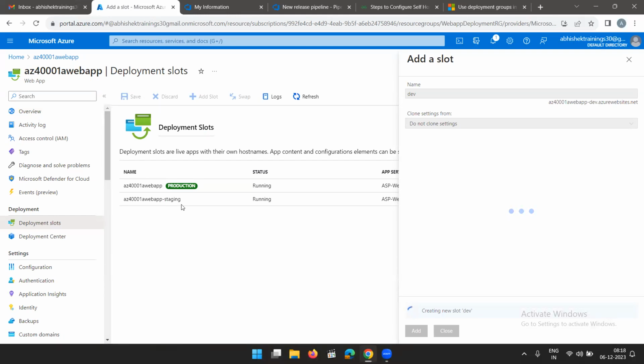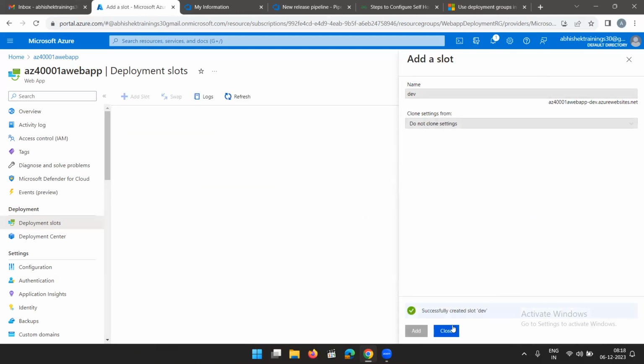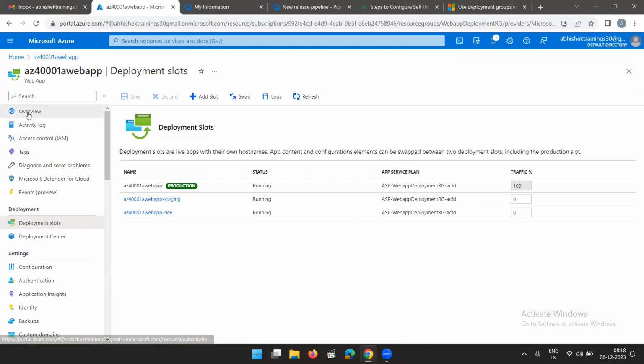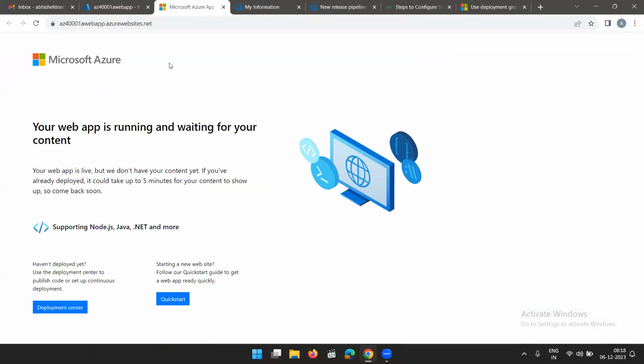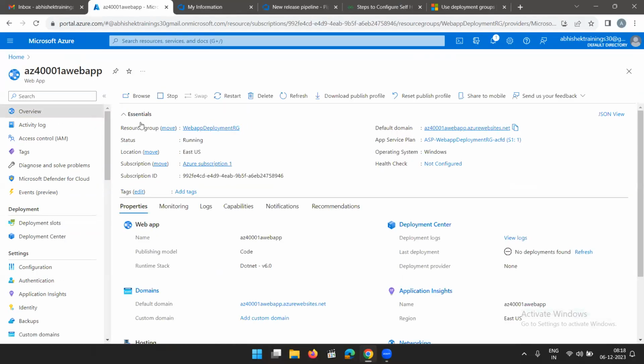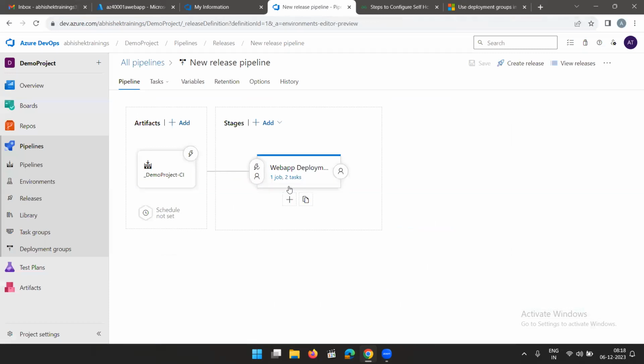As of now, there is nothing in the dev and the staging page. Only production is having a startup page. This is created now. If you see that production page, only there will be a startup page over here. That's it. There's nothing in dev and staging slots. What we'll do, we'll come here. Now on the same pipeline,